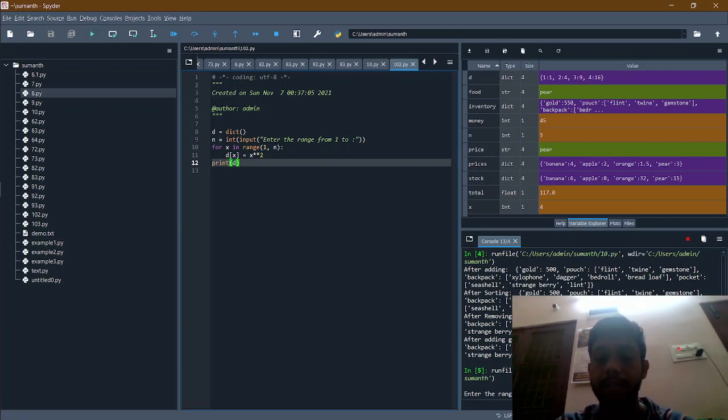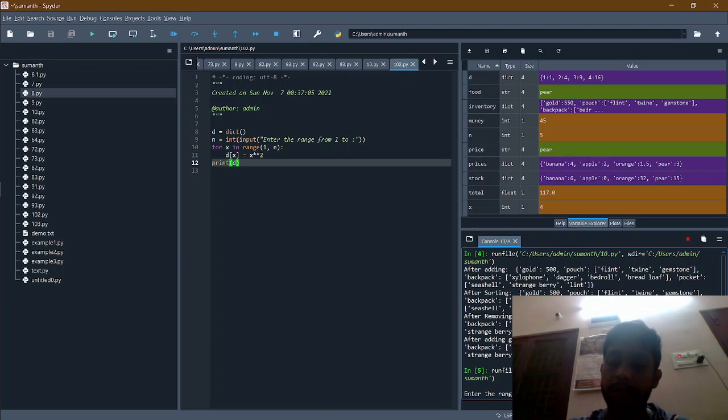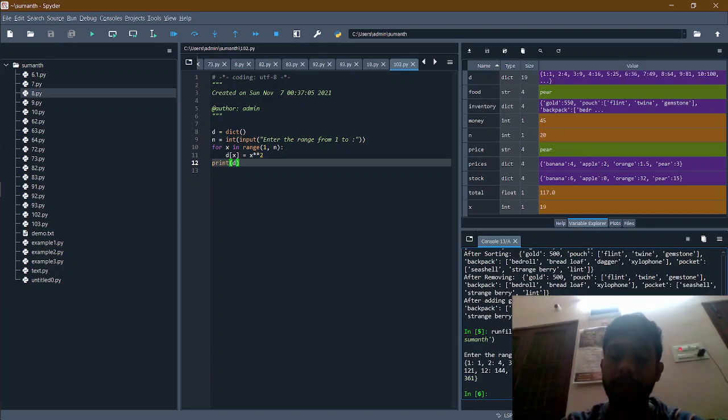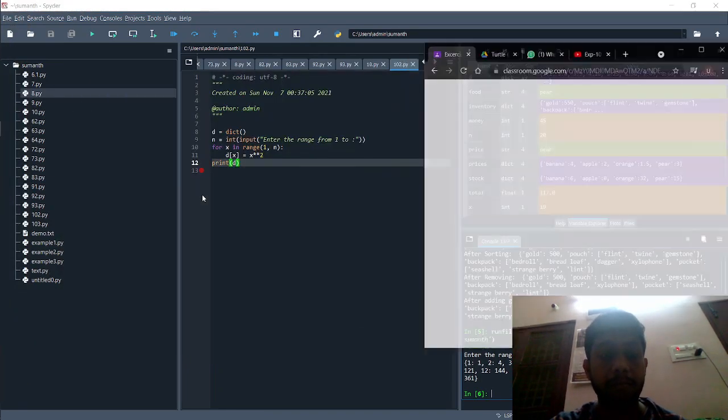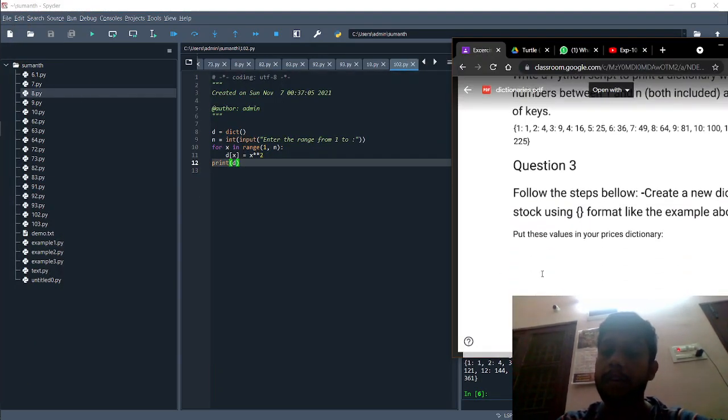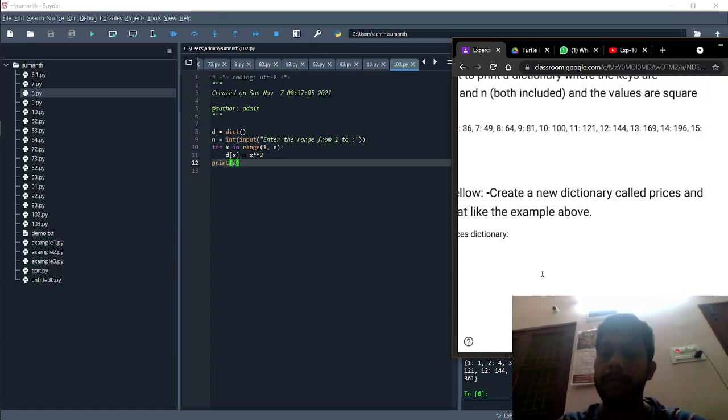See, it is asking for the range. I'll give 20. See, it is showing 1 1, 2 4, 3 9, 4 16. And the third program that was given is: follow the steps, create new dictionaries called prices and stock